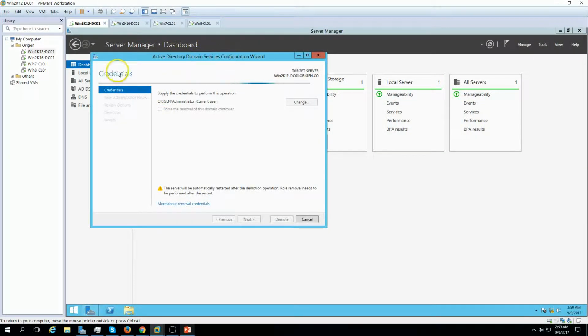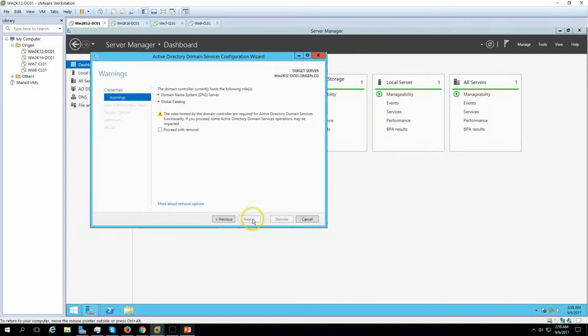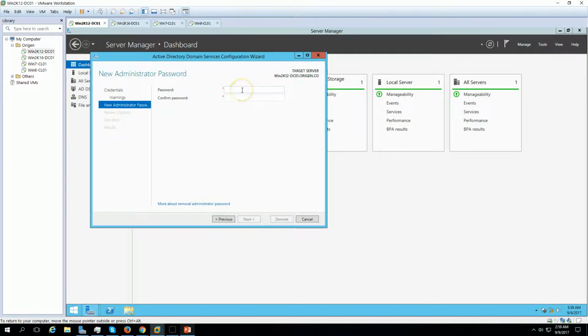It's waiting for credentials, so it will take some time. It's validating whether we have permission or not. So yes, we have permission. Click on the Next button, and we have to click here, proceed with removal. So it's going to remove this server. The domain controller currently hosts server roles, so it's going to remove the machine's DNS server and global catalog also. So click next,